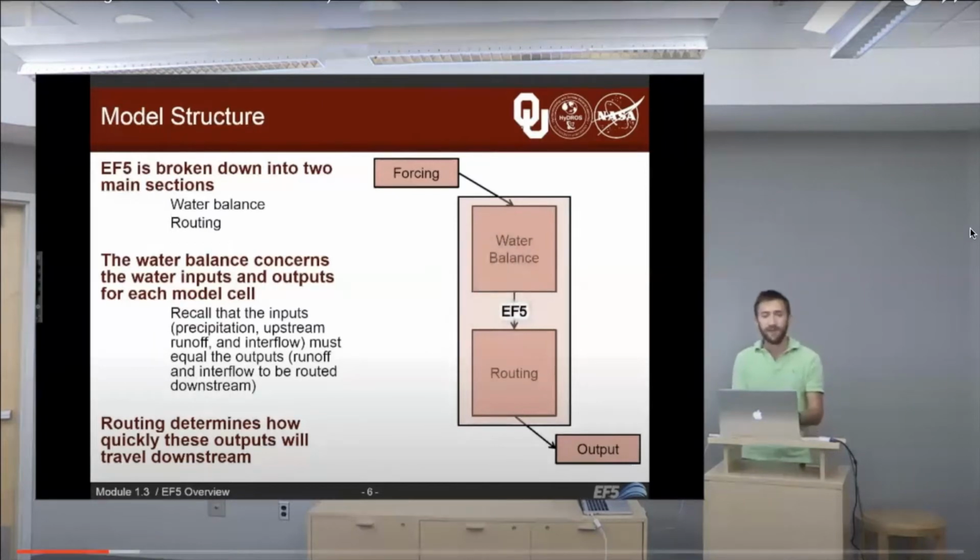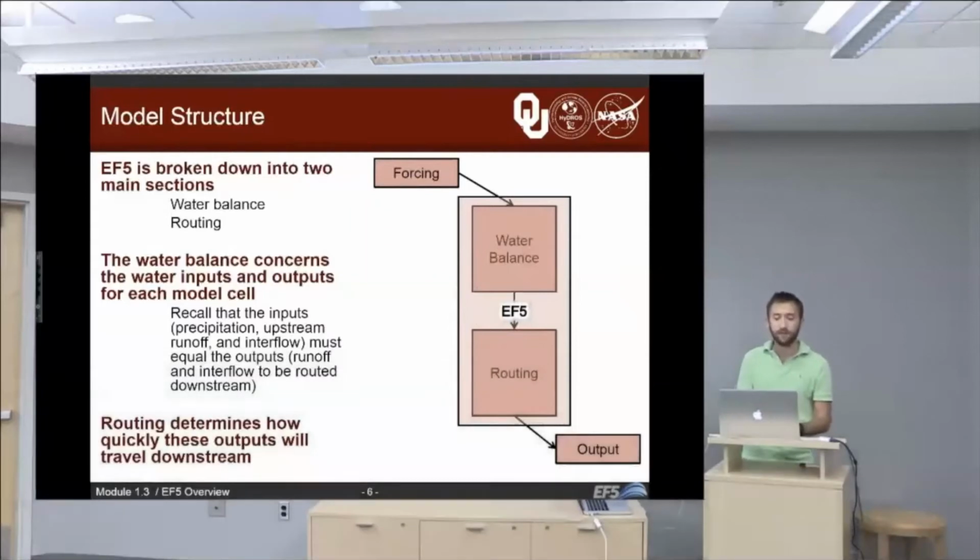The water balance and the routing are needed for any simulation. The water balance concerns the water inputs and the outputs for each model cell. So recall that when we initially started talking about the water cycle, we said that water was neither created nor destroyed. Water in equals water out. And so the inputs, the precipitation, the